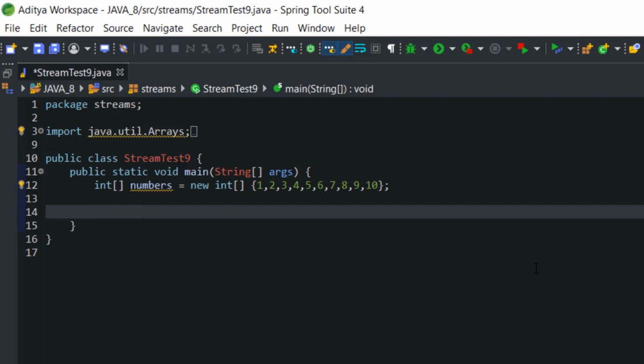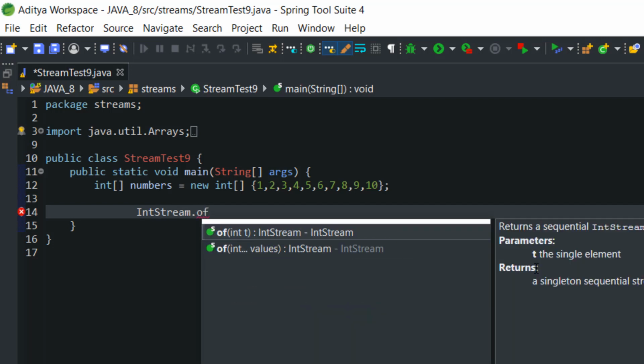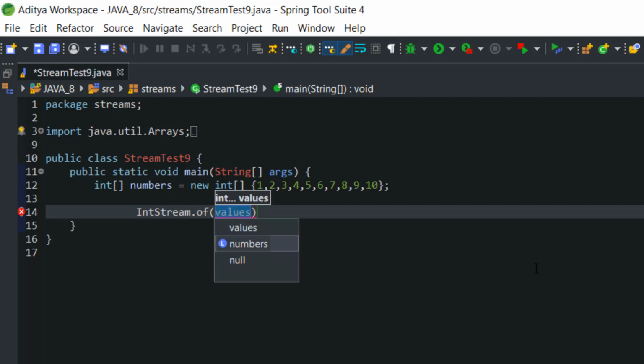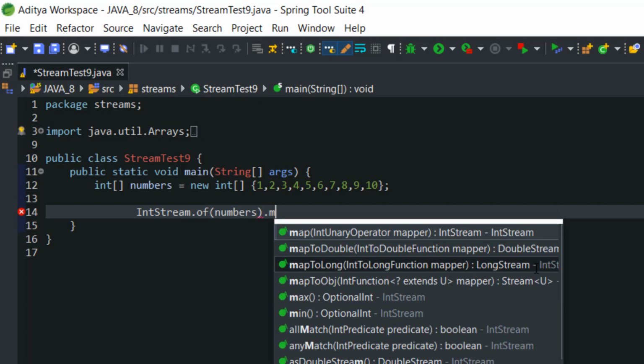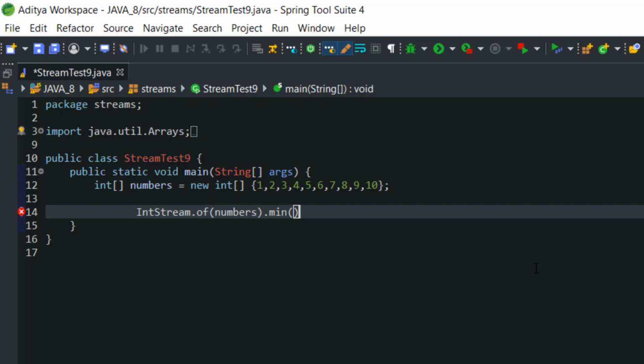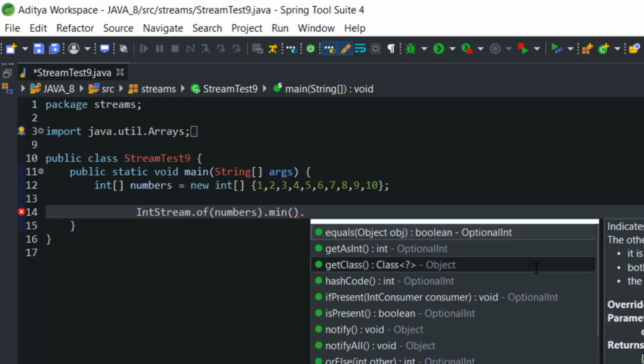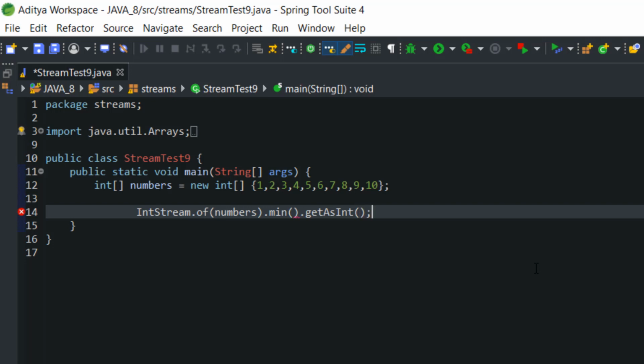So what I have to do here, first of all, is write IntStream dot of method, and here I am going to pass the array number reference. Now after that I can acquire information as per my requirement. Now my requirement is to get the minimum number from this array. For that I am going to use the min method, and this min method I want as an int, so I am going to write getAsInt.